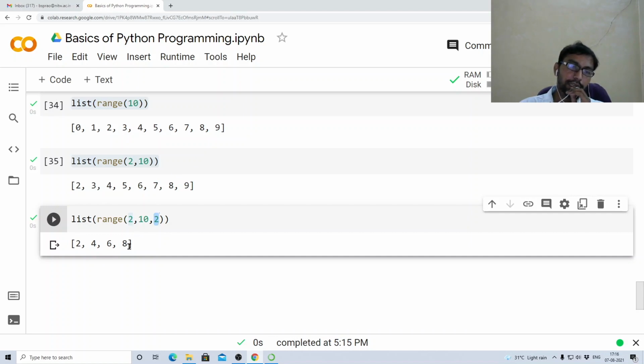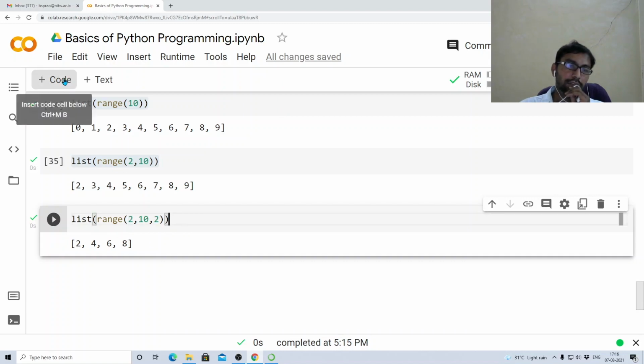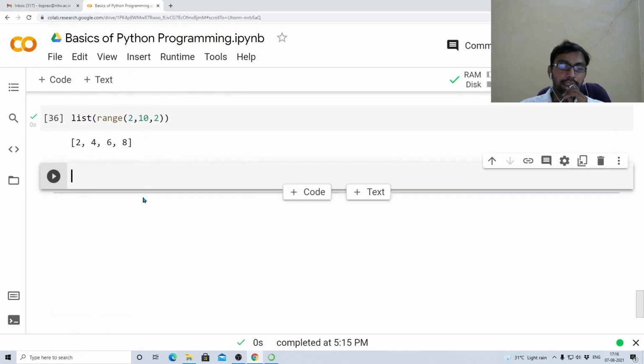The next will be 8 plus 2, 10, which will not be generated because 10 is not included. That's what we have been saying from the beginning. So it will generate integers starting from 2 with step length 2. This is the idea of the range function. This will be very useful in for loops. Okay, next. So this is about the range function.